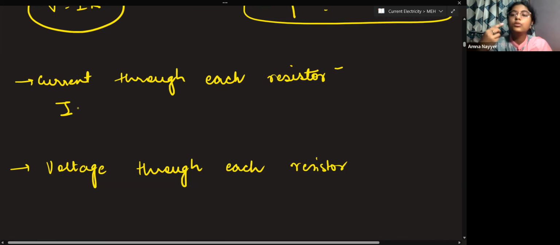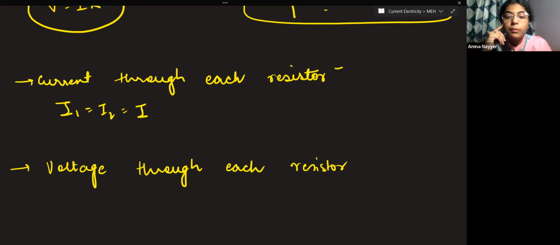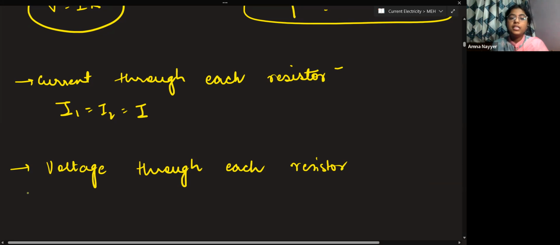The current through each resistor, I1, I2, will all be equal to I. That means the current through all the resistors will remain the same. That is I only. What will be the voltage across each resistor? This will differ. V is equal to IR, so V1 will be I1R, V2 will be I2R,